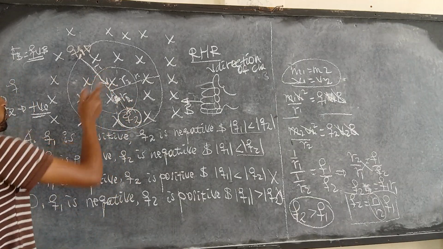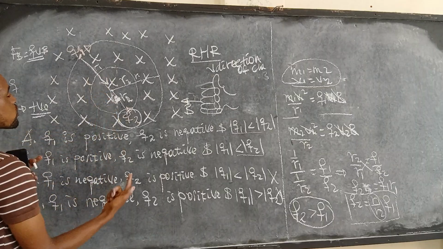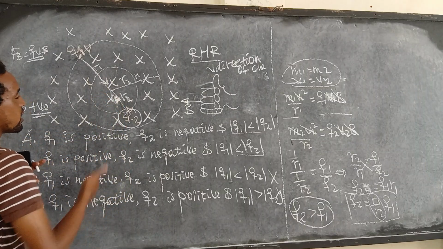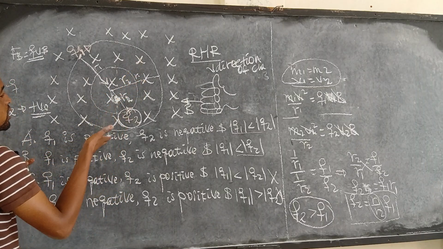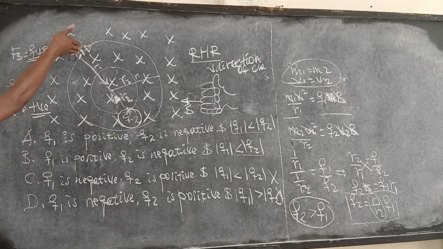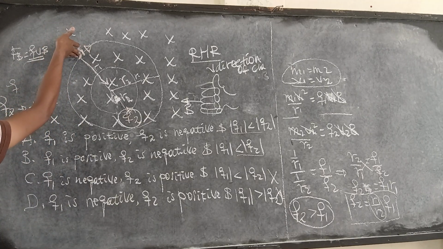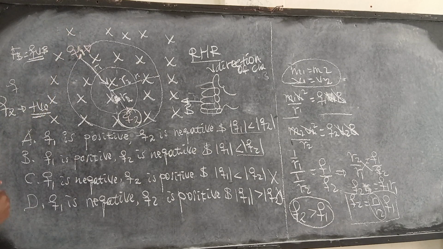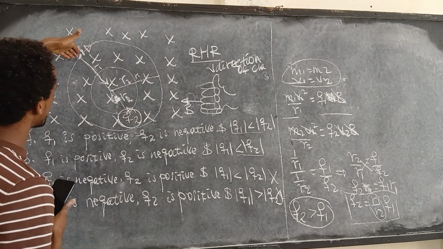The force must be to the center because I know that this charge is rotating. So the force must be towards the center, the thumb always indicates the direction of charge, and the right-hand rule works. Let's try this for the other one. It doesn't work, you see? The force is pointing outward, or if I turn it this way, I don't get the charge. The magnetic field must be into the page. So it does not work.